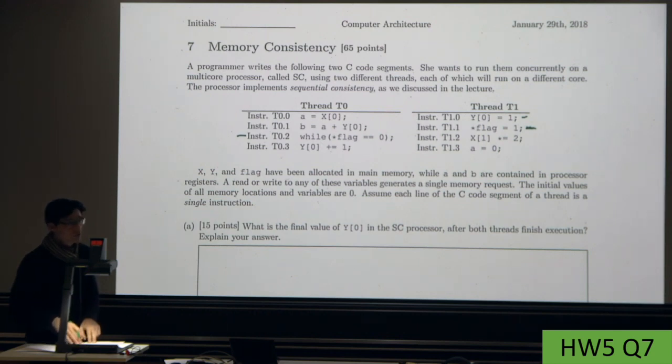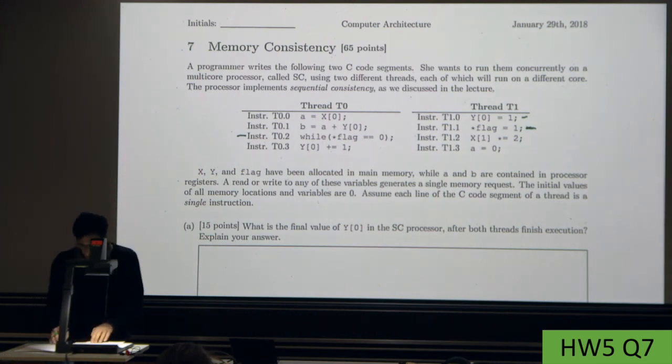It's a kind of busy waiting, and only after the flag is set by thread 1, thread 0 will leave this while loop